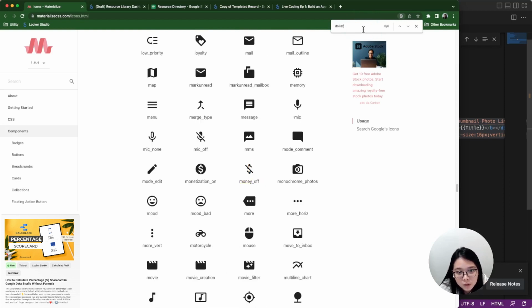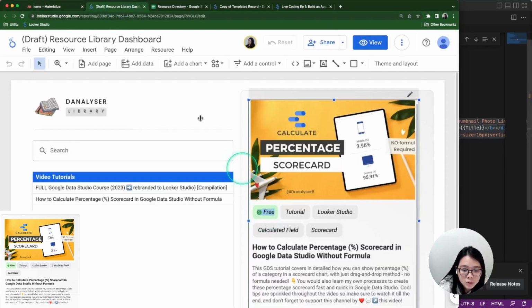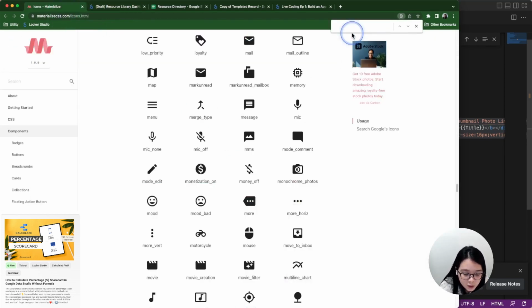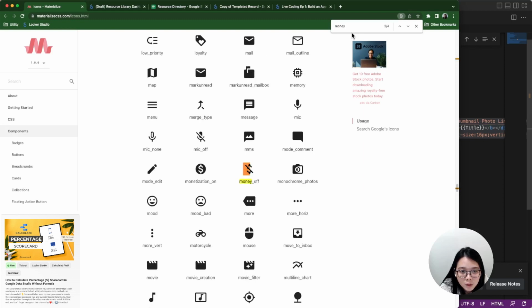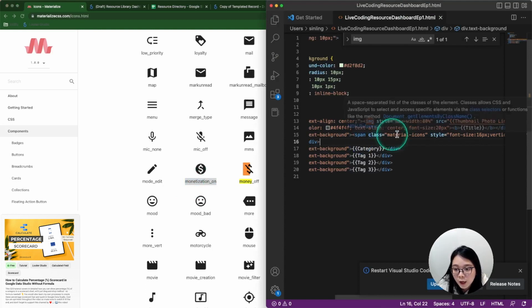Or like dollar. What do I use? It should be money. Oh, it's actually this one. It's monetization on. So just copy this tag